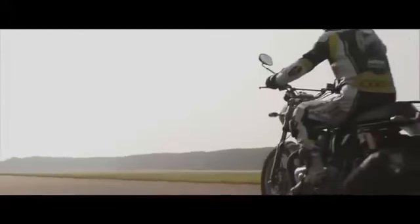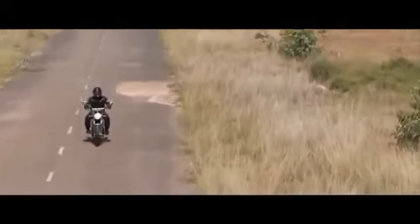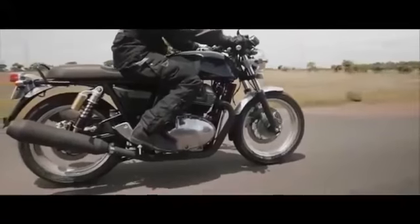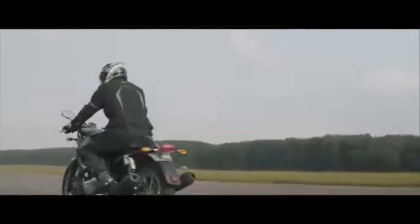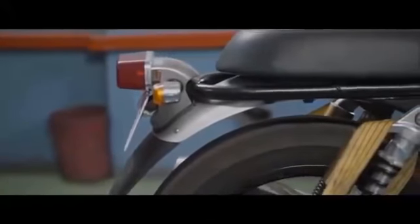So the Interceptor has a more upright ride position. It's more like a roadster style. And the GT is an authentic cafe racer, so it's got kind of that more tucked in and leaned over riding position. Yeah, so we put a lot of time and energy in making sure that this is a very